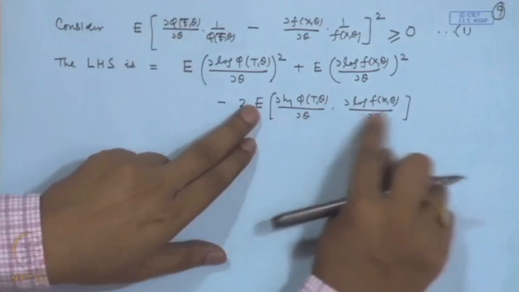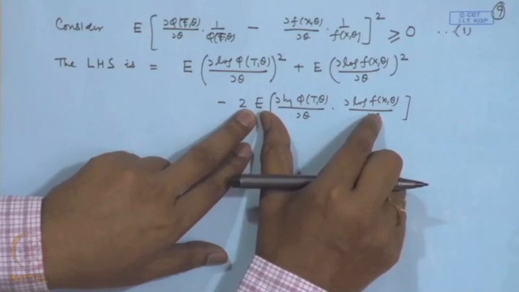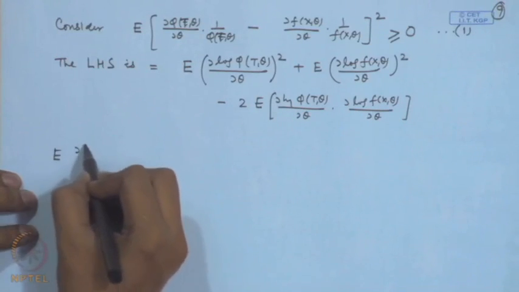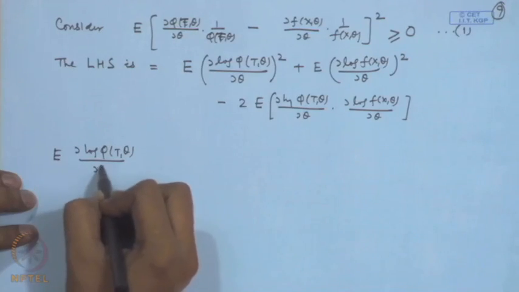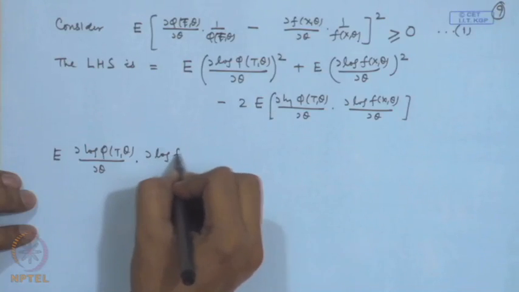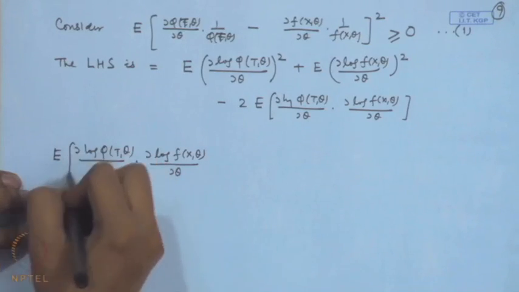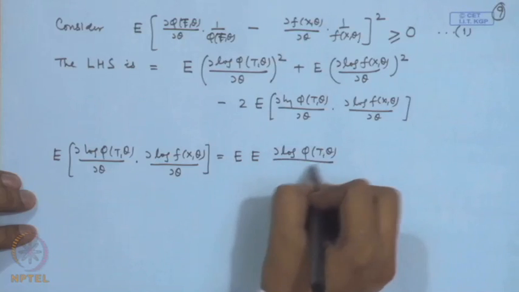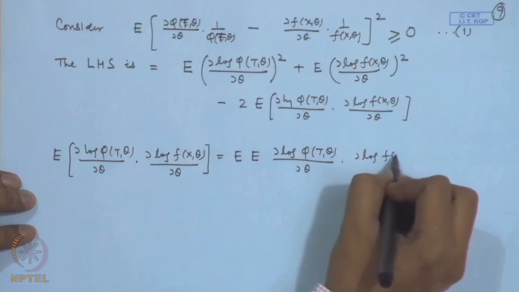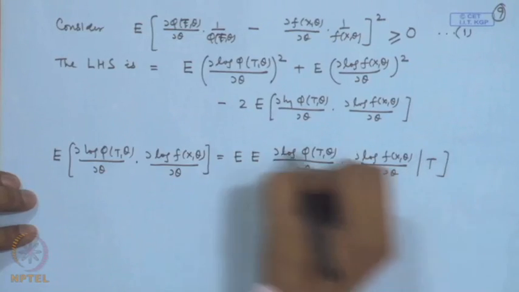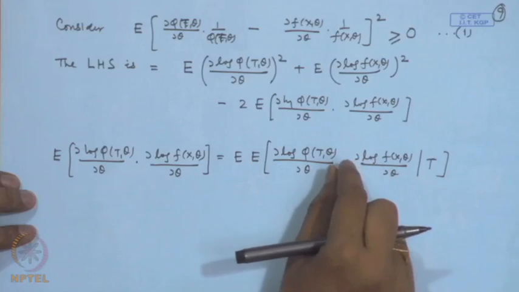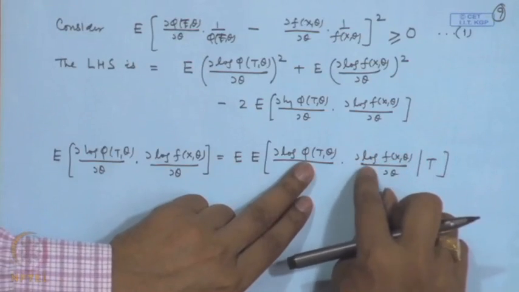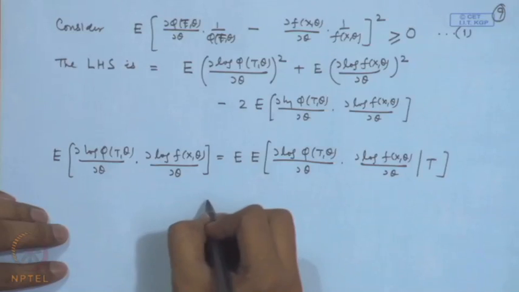If I consider this expectation here, I can write it as expectation of expectation given T. The expectation of ∂ log φ(t, θ)/∂θ into ∂ log f(X, θ)/∂θ we can express as expectation of the conditional expectation of ∂ log φ(t, θ)/∂θ ∂ log f(X, θ)/∂θ given T. Now, if we use the relationship which we proved in the first part, then this conditional expectation becomes this term itself. So, this will become square of